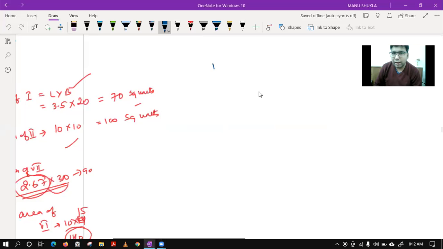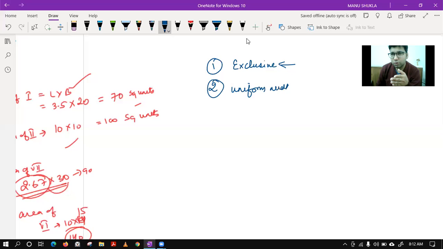First condition, as soon as you get a question of histogram, you have to check whether the class intervals are exclusive or not. So you have to check the class interval should be exclusive. If not, you have to make it. Second thing that you will see is whether the width of the class intervals are same or not. If they are uniform, then you can go ahead directly, and if they are non-uniform,